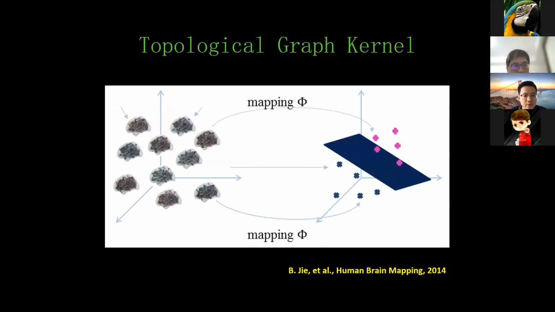And in 2014, we studied using the graph kernel, which is very commonly studied in the machine learning domain. We want to use a graph kernel for brain network classification. So this is the main idea. And in